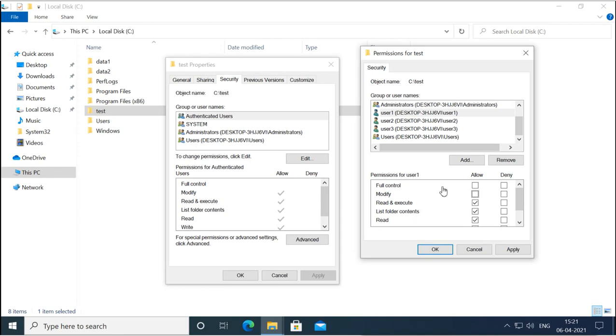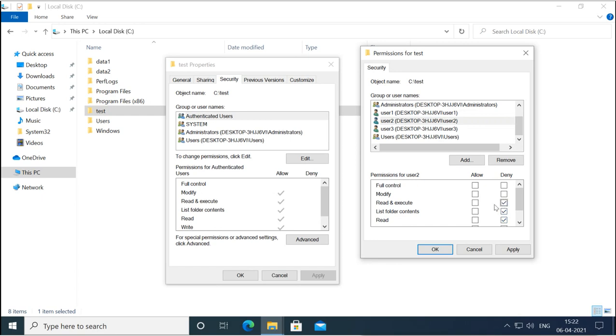So if you know how these permissions work, then you can assign the permissions. For user 1, I select user 1, then I can allow what I want to allow or deny what I want to deny. For example, for user 1, I want to give modify permission. That means it can do up to modify. Then I will select user 2, and I want to give user 2 deny read permission. Now remember, if it is deny, that means it cannot do anything.